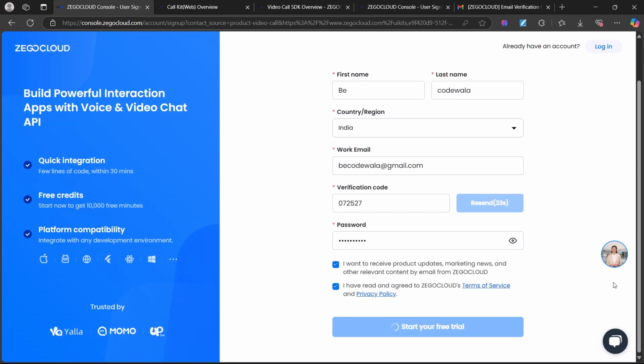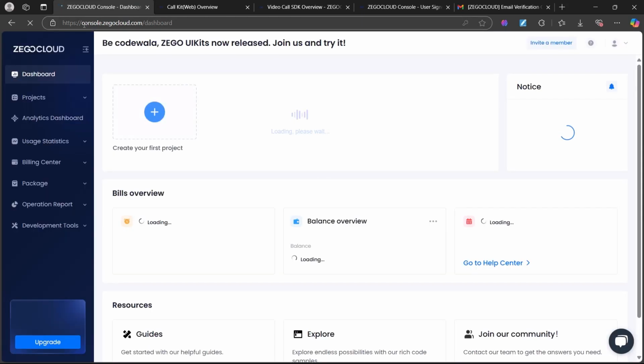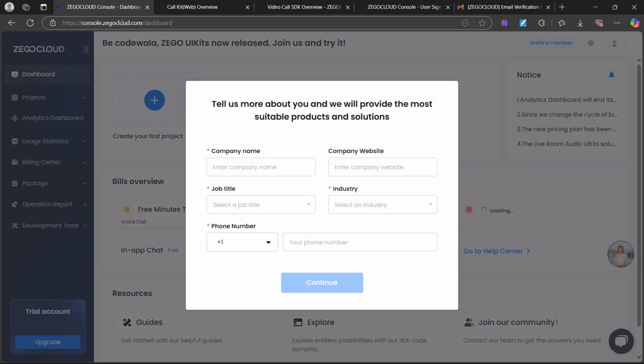So it will create your account. Within a few seconds you will be ready to use the ZegoCloud UI Kit. Here it will redirect to the console of ZegoCloud, where you can write about yourself. Like I am writing, B Codewala,